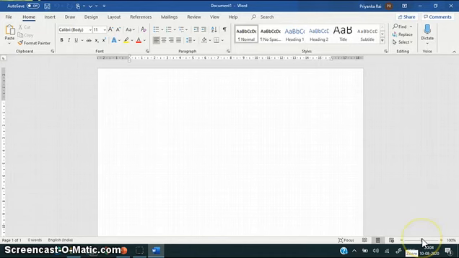If you want it to be 200%, you will zoom in. This is your status bar. Here it is written page 1 of 0 words. So all this is your status bar.